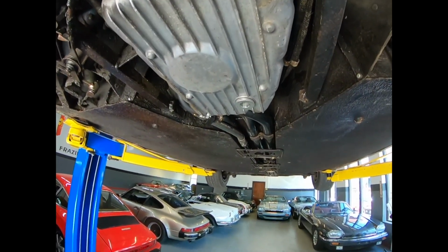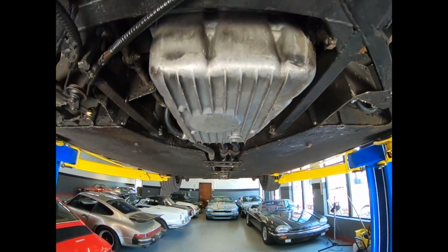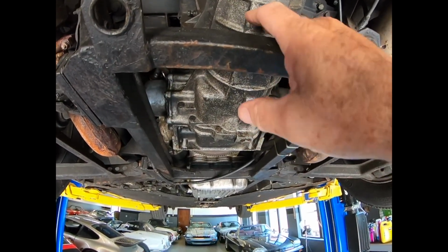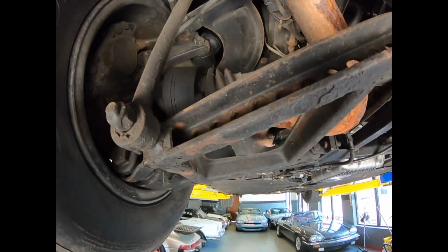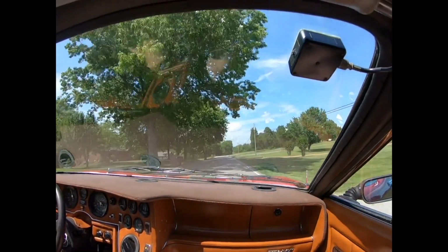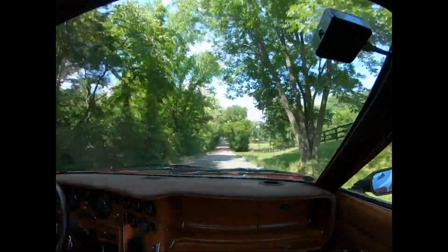How dry that engine is. All these hoses are fresh. This is old residue here. See, it doesn't even hardly come off my hand. Boots are good. Everything's looking good on this car. Let's bring it down. Let's go for a drive. This well-serviced Maserati is a well-behaved Maserati. It's 90-some degrees out. We have the windows up and